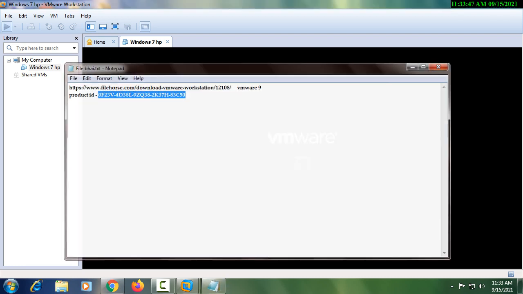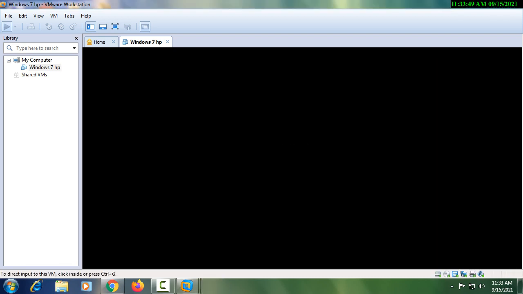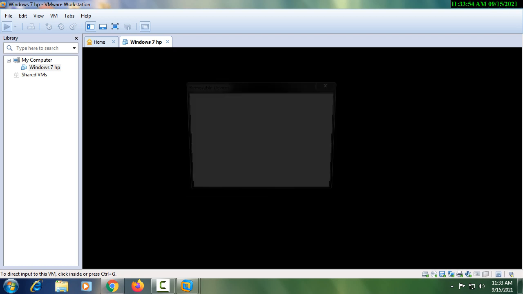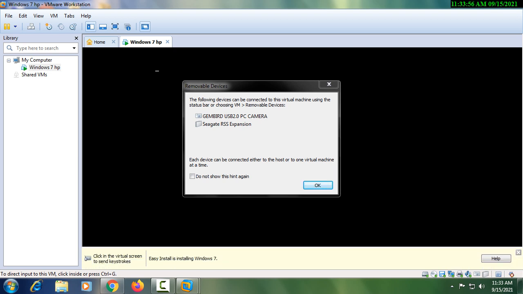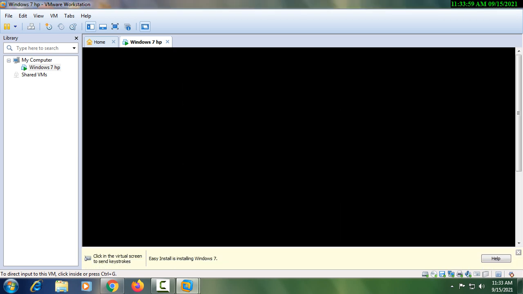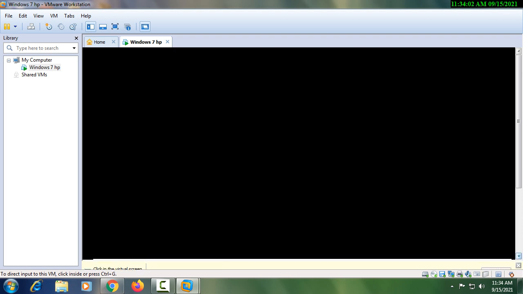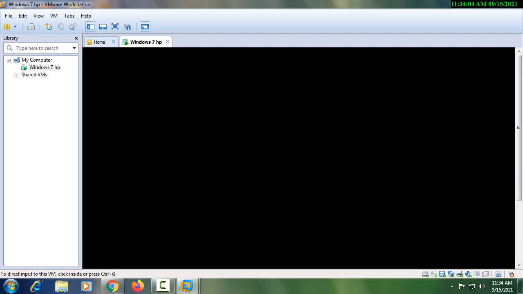Then it will see the setup file. It will work with the setup file. If you run anything like a bootable USB drive, it will be done by the setup file. And you can see that it is showing Seagate Expansion also, meaning my hard disk is also right there. So this is how to open a virtual machine, how to install it, how to activate it, all we can do. I will just power it off and on. So you see guys, how to do it is very easy,